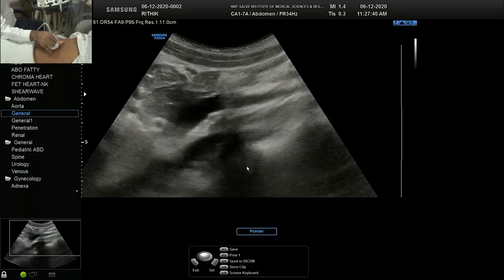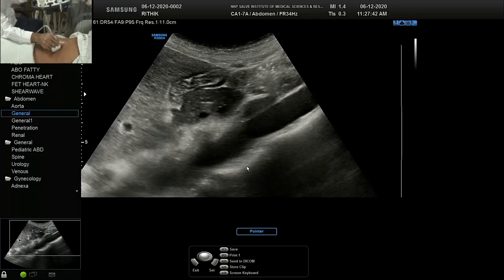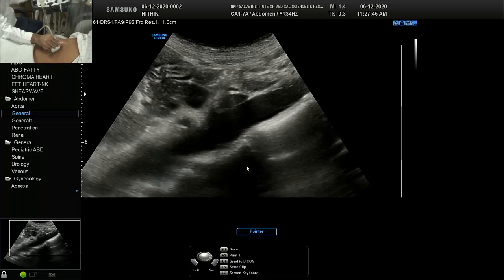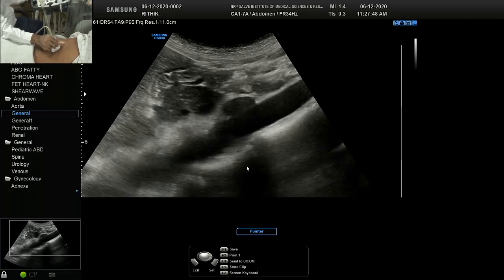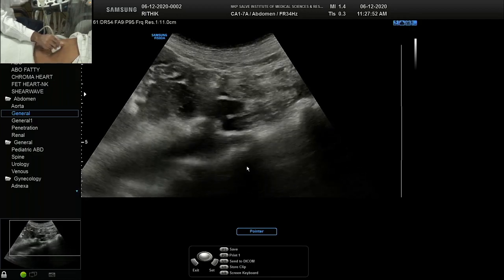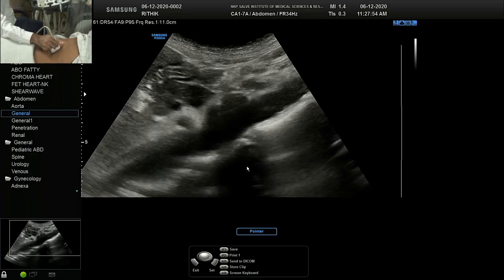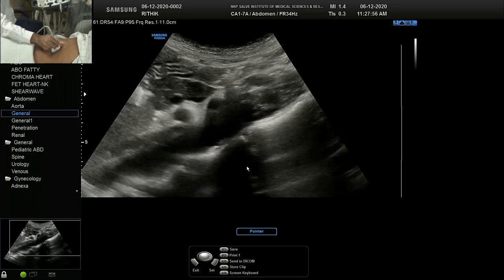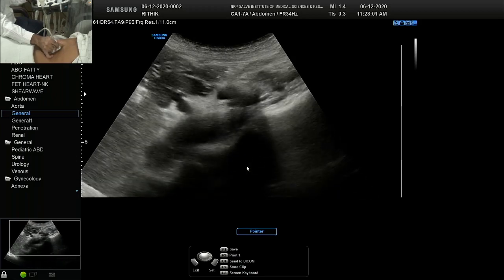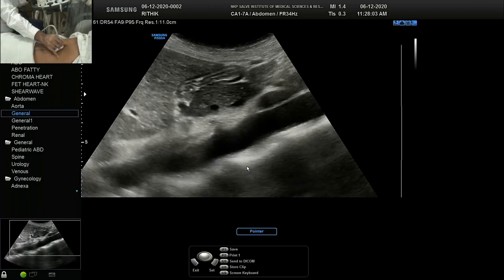So practice on thinner patients, practice on patients who are compliant. Young patients have got good respiratory hold, while the older patient may not have that. An obese patient cannot hold their respiration for a longer time. So practice on a, what you can say, a home pitch or a conducive pitch. Don't practice at international level first.